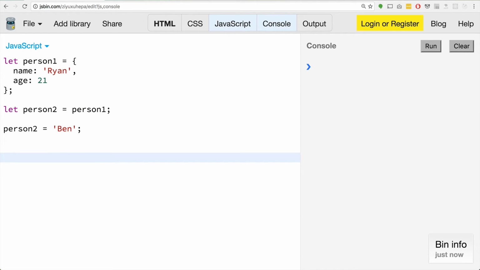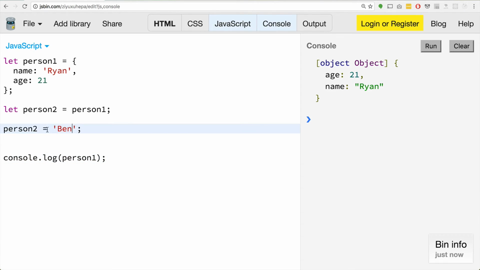So sadly, if we go console.log person1 here, you're going to see, oh, sorry, I got to go person2.name. My bad. There we go. If we go like that, we can see that person1 has now been mutated. It's changed. It is now Ben instead of Ryan. And that's not good because we want person1 to be Ryan, then we want person2 to also be age 21, but maybe this new name, Ben. So using